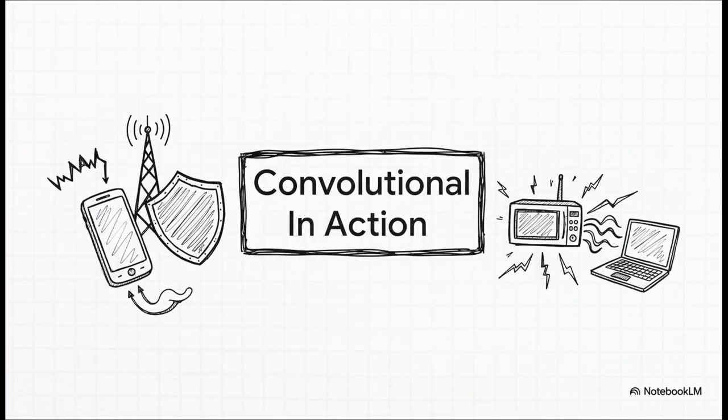And trust me, these things are the unsung workhorses of our connected lives. That mobile phone call that stays crystal clear even as the signal bars drop, that's convolutional codes at work. Your Wi-Fi signal staying strong even when the microwave is on? Yep, that's them too. They are the silent heroes keeping our wireless world from dissolving into static.